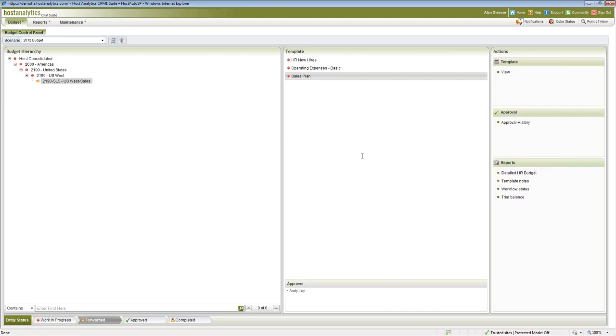But what also happens is that this information is locked down. So over in my actions screen, there is no input available, because once that has been forwarded on for approval, you don't want someone else to be able to go change those numbers while the manager is evaluating it and in the process of approving it.